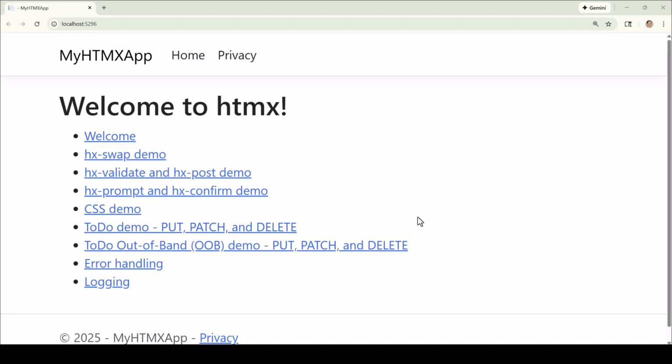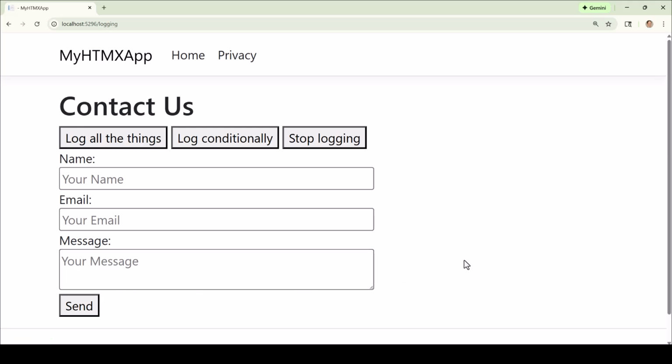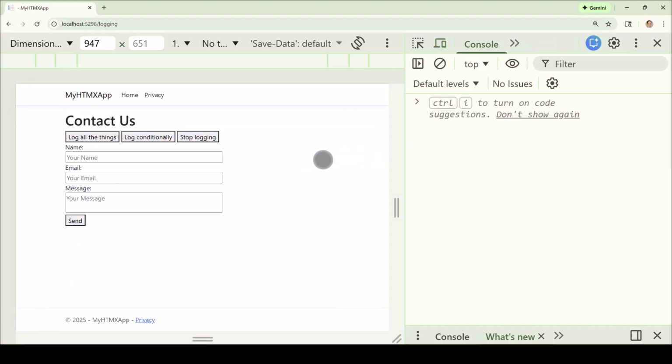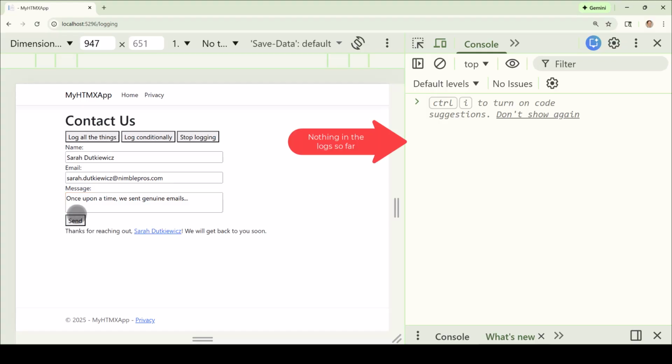So we've updated our HTMX demo repo and have added a logging option. So I'm going to select the logging option. You'll notice this is our standard Contact Us form. I'm going to bring up my developer tools. Here's our console. We're going to fill in our form. So I have a form, I'm going to select send, and you can see in the console we're not doing